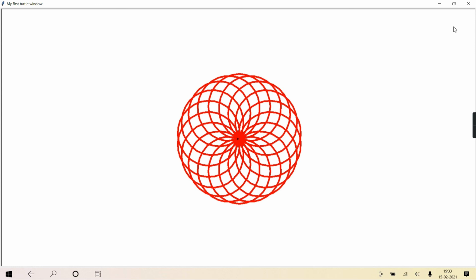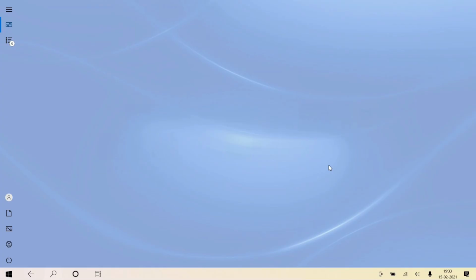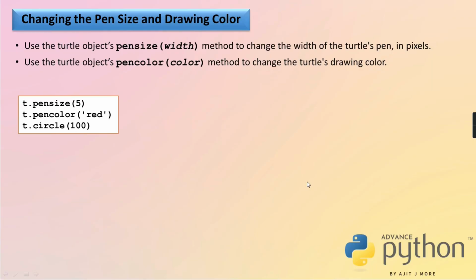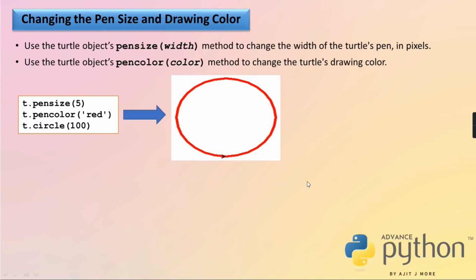Now 20 circles complete, it will stop. Not 20, 18. Previously it was 36, now it is 18. Okay? So hope the concept is clear. Now in this case only one circle with this color and this size.